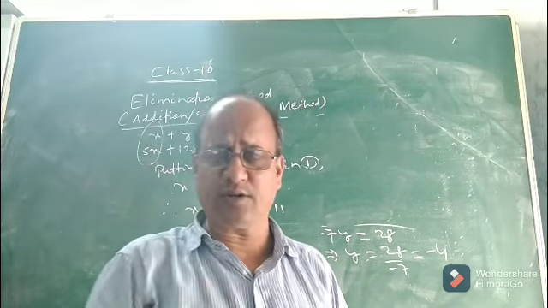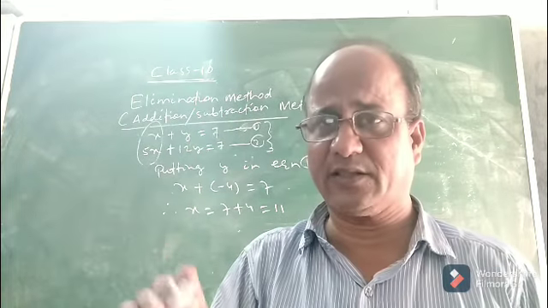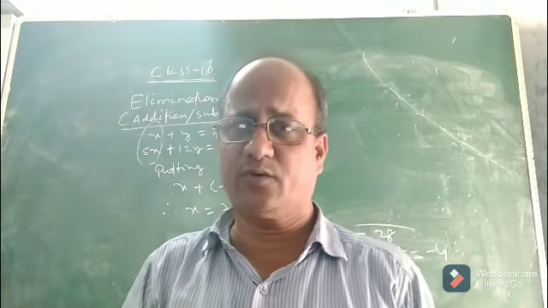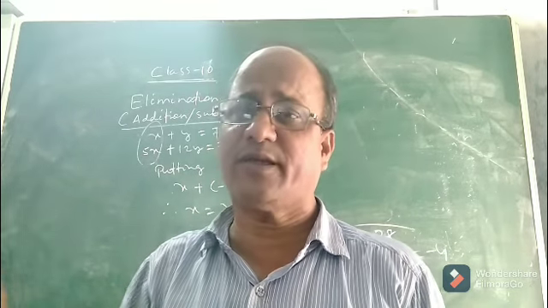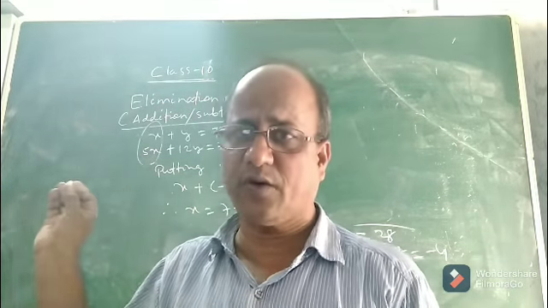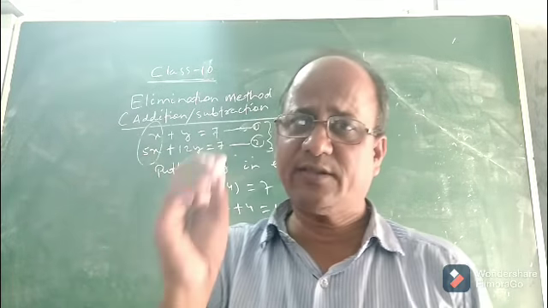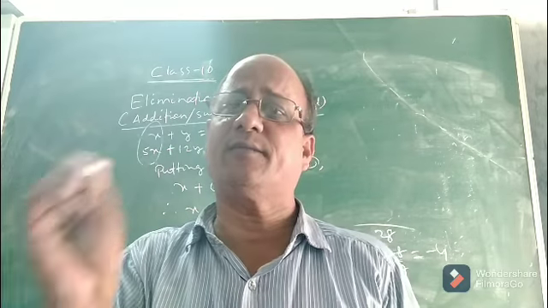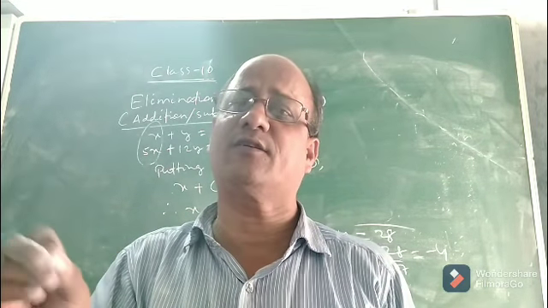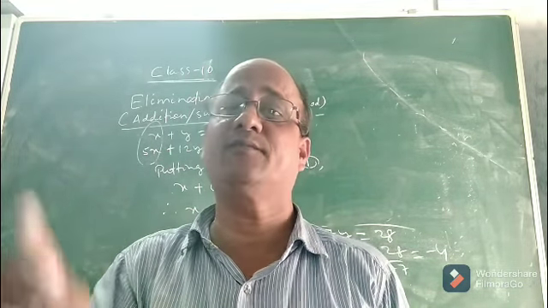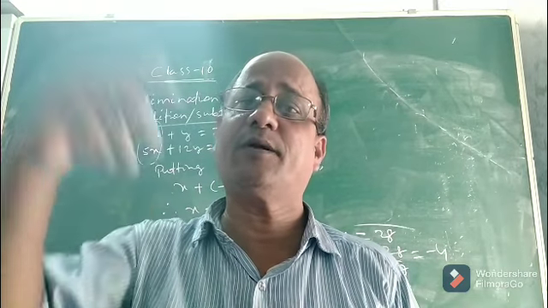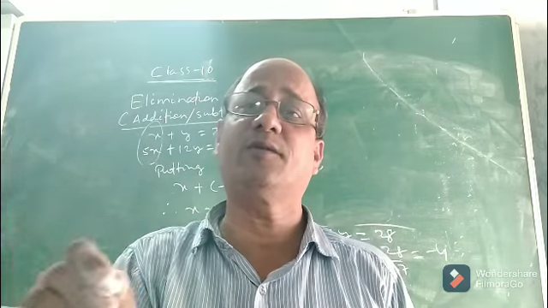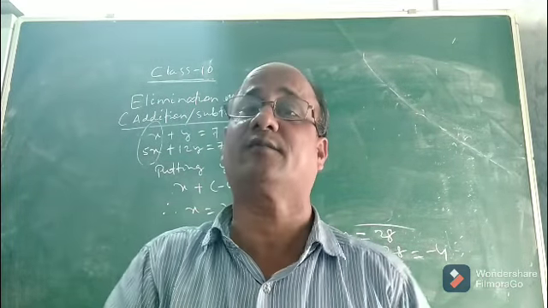So children, what did you notice here? This is the easiest method of solving any pair of linear equations by elimination by equating coefficients. I hope you understood the principle. First you decide which variable. One variable you eliminate by equating their coefficients by taking LCM, then by addition or subtraction, as the case may be. If the same sign is there in the top and bottom, then you have to subtract. If they are of opposite sign, there is no need to subtract. You simply add. That is why it is known as the addition and subtraction method also.